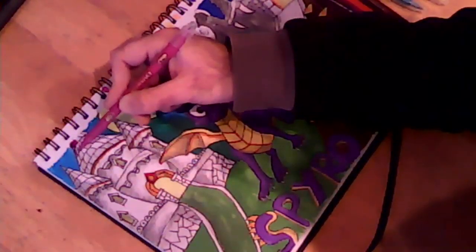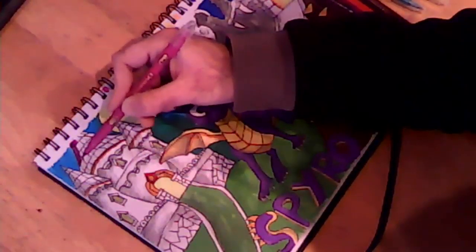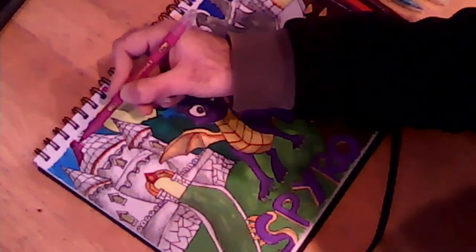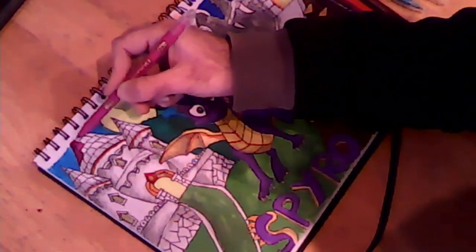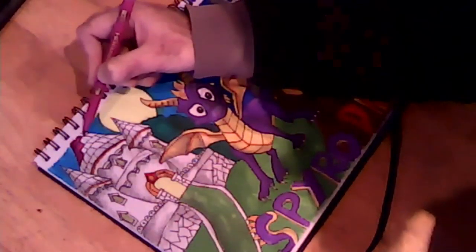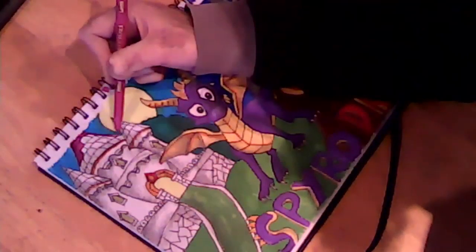I think once this is dried, off stream obviously, I'm going to go over all the lines again with the pen just to make it pop out a little bit more, because I've got a feeling that the pen isn't going to show, and I kind of still want the lines to still be there to see, so you can see all the different